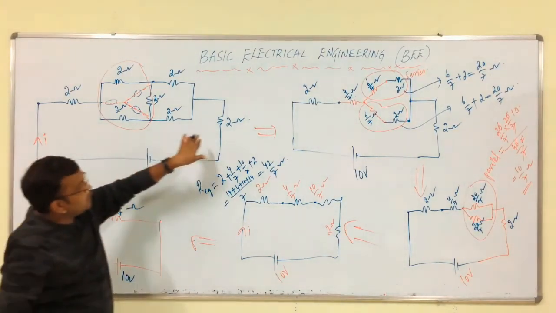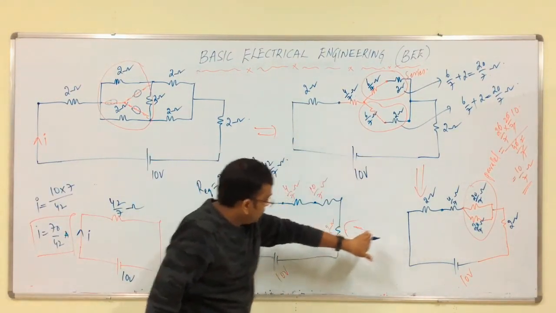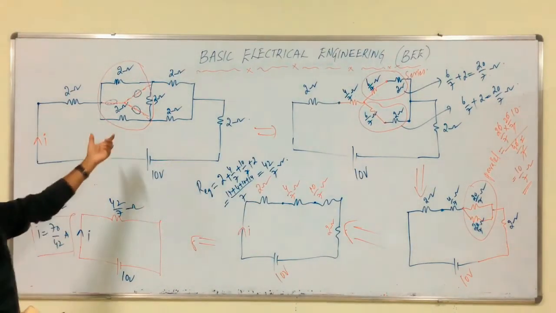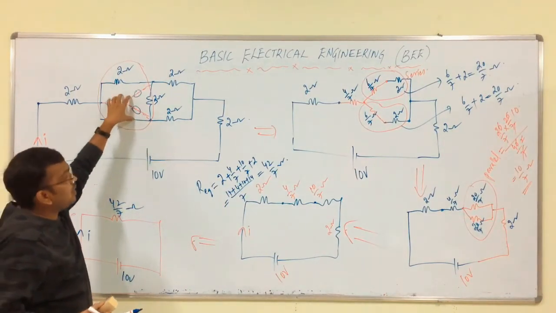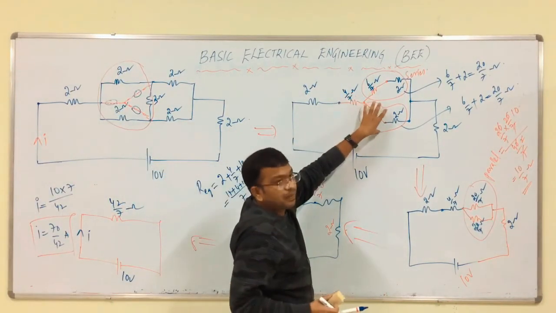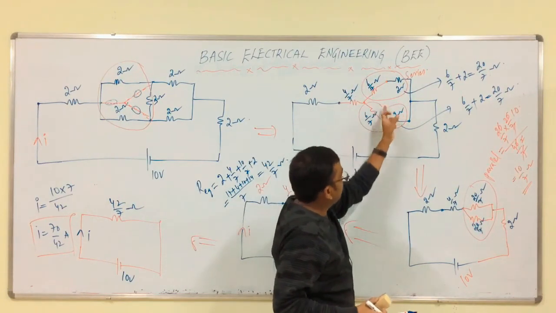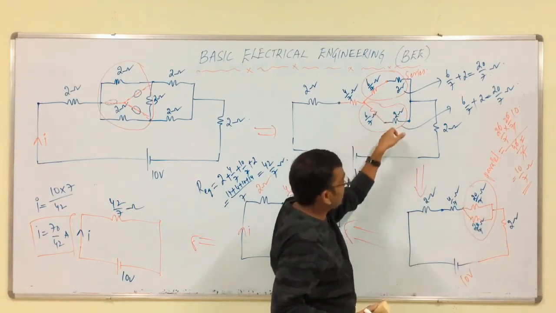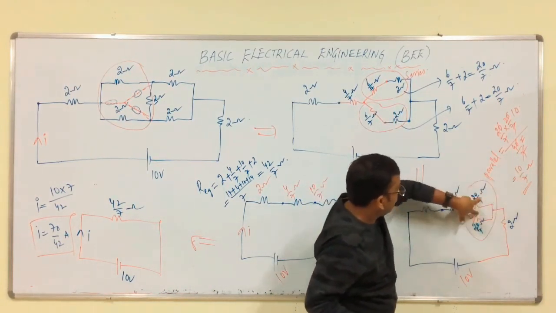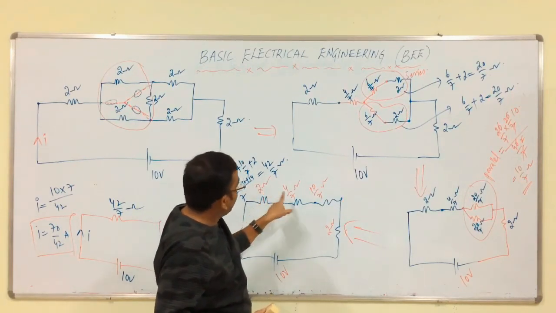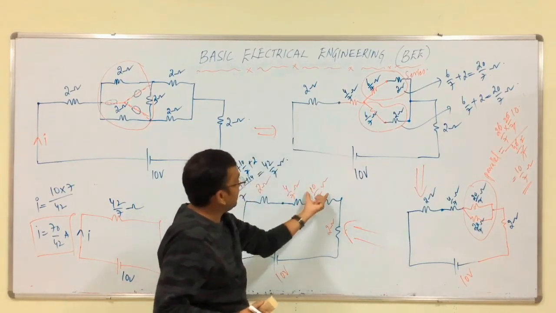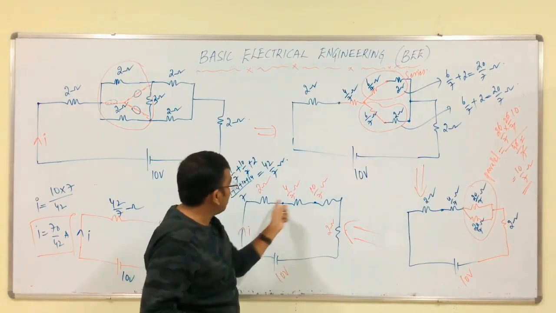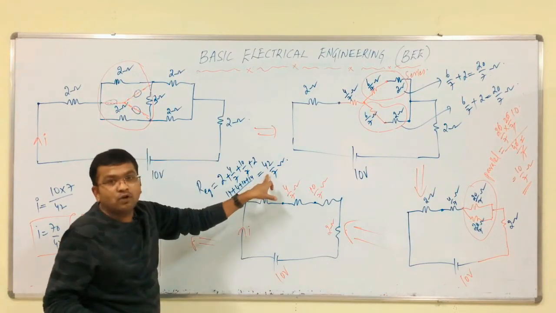So, like this we have to reduce the circuit into this form. Okay. First we have to convert this delta connected form to star, then these two are in series, the series combination is 20 by 7, 20 by 7. Finally, these two are connected in parallel, that is 10 by 7. Then we reduce the circuit into 2 ohms as it is, 4 by 7 obtained, 10 by 7 from this and 2 ohms from the given data. So, all are connected in series, then 42 by 7 we got.